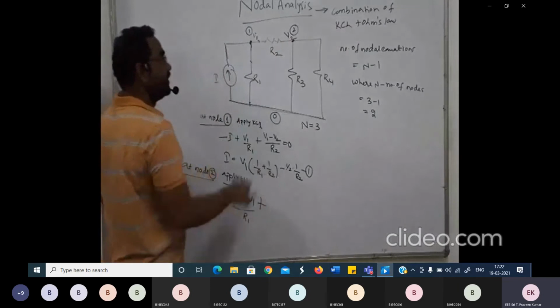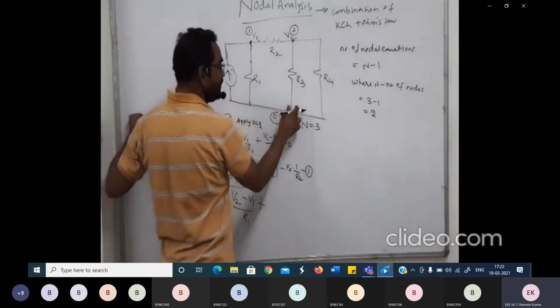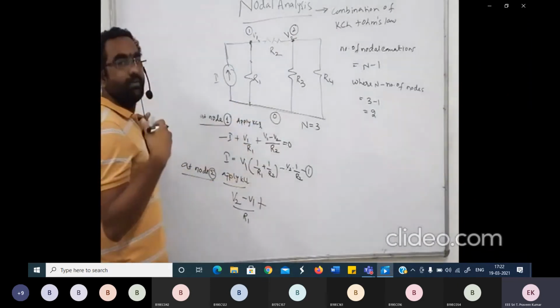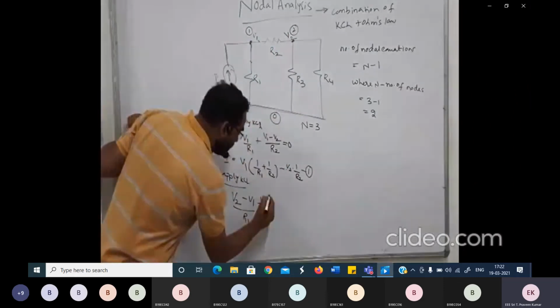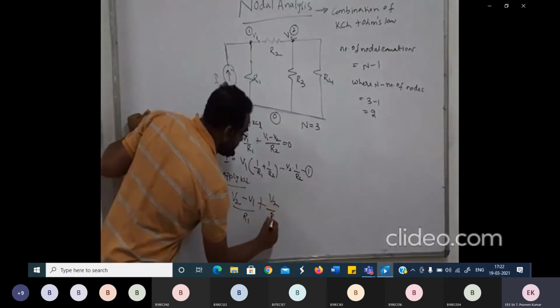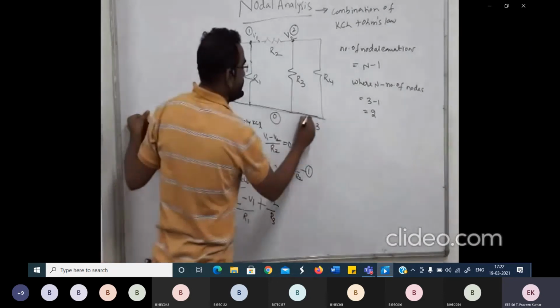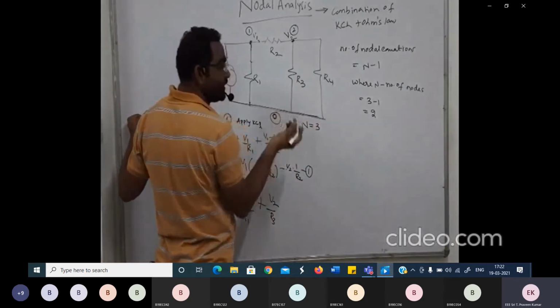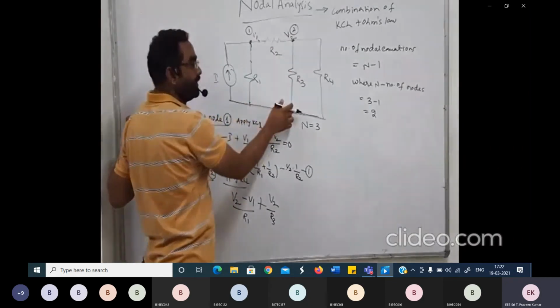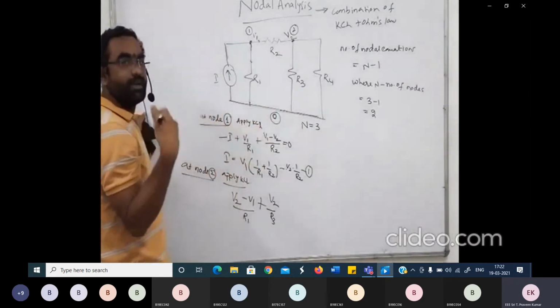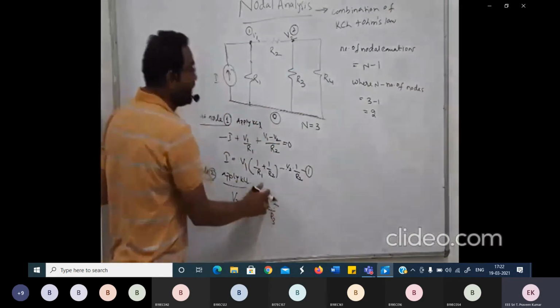Next, what is the current flowing through R3? From Ohm's law, we say voltage divided by resistance. So this is the voltage here and the resistance in this is R3, so V2 divided by R3. Now you can ask me, because you have a node here, but this is a ground potential, nothing but 0. It says V2 minus 0 divided by R3. So instead of taking V2 minus 0, I take it as V2. So this is V2 by R3.